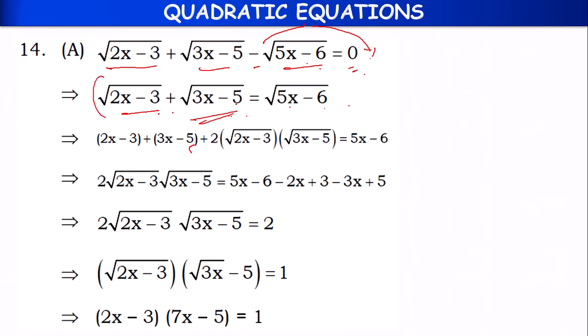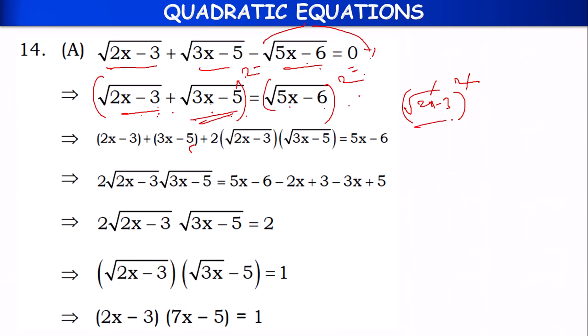If we square on both sides, this is in the form of a plus b whole square, whose formula is a square